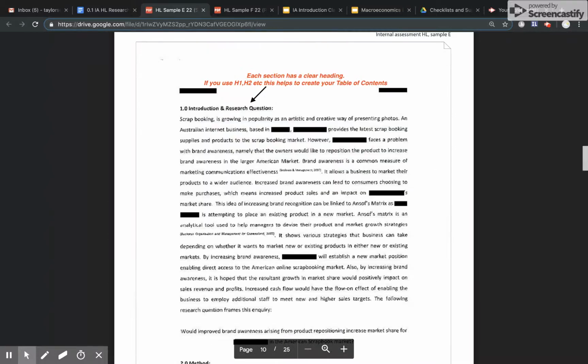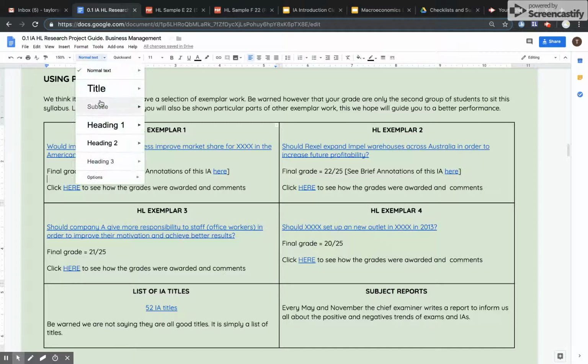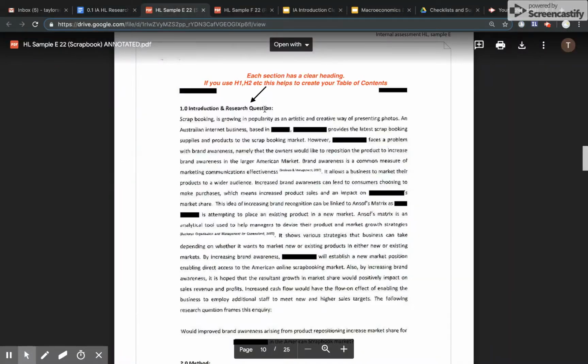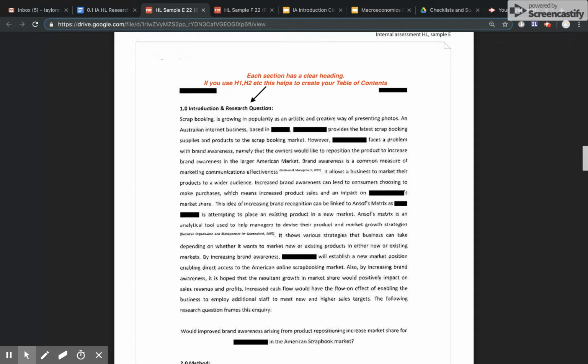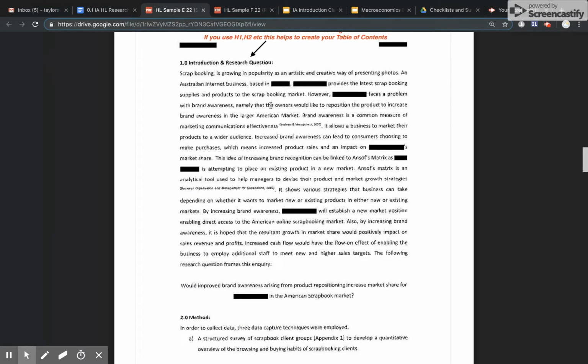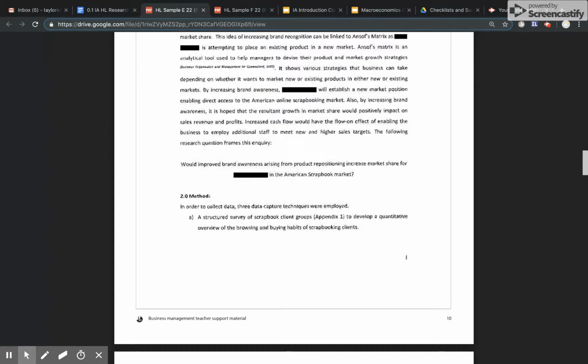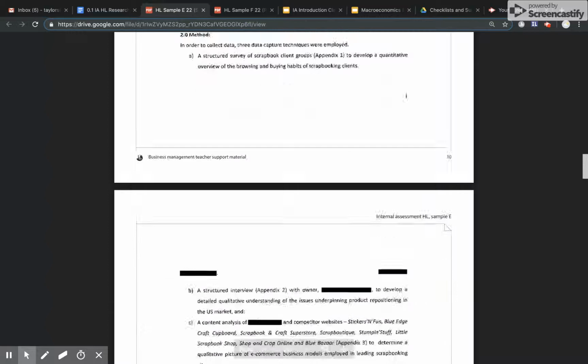This is just a summary of your overall IA, but you should include it. All right, now we get into the meat of the IA. One thing I like about this, each section has a clear heading, and if you use the headings from Google Docs, it makes it very easy to create a table of contents later on. So introduction, research question, talks about the reasons for this research question, why it's important, then gets into the method,